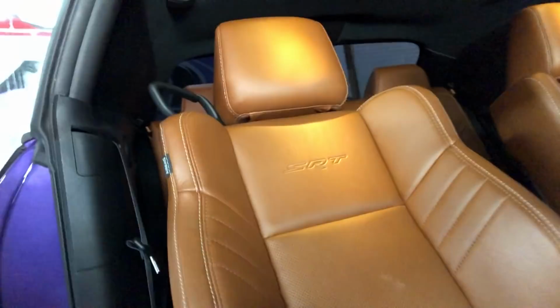But that is what's cool about owning a Hellcat, and some people may hate it, but you have heated and cooled seats. You could potentially run 9s. There's a lot of people out there running 9s in good air with bolt-ons, tune, race gas, or E85, and full interior. And I could definitely do it with the full interior, but I kind of want to go to that next level with the car,